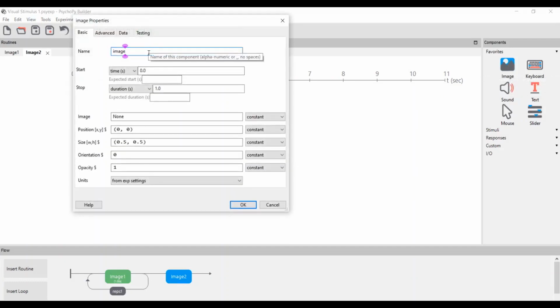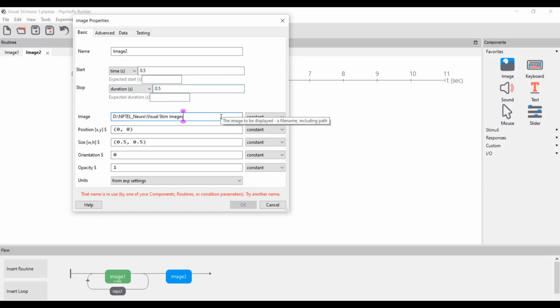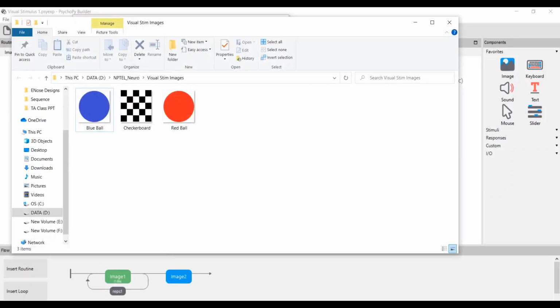I'll name it image 2. Similarly, we will define the time interval so that it starts after 0.5 second and stays for 0.5 second. Last time we used a blue ball, so this time we will use the other one, the red ball, which I have already stored as an image. You can see it here, red ball.